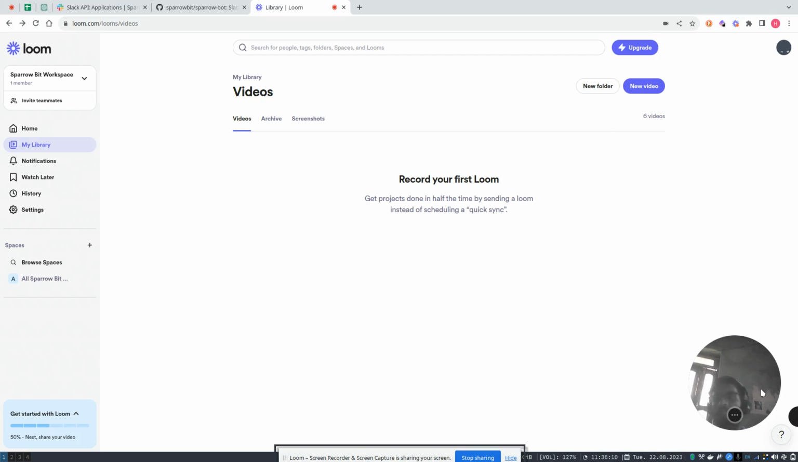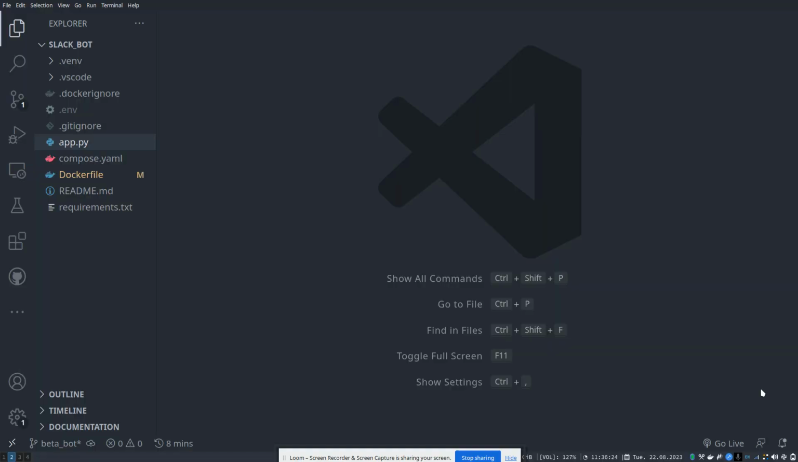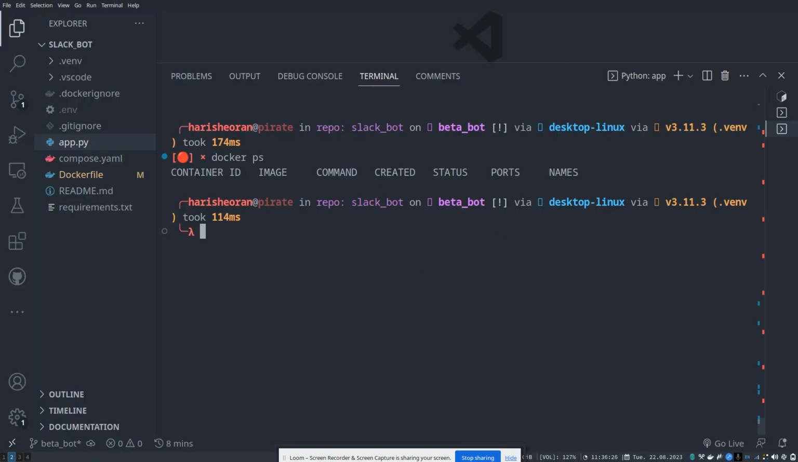Hello everyone. We are building a Slack bot. So far we have built a minimal bot, and it's a Docker container and image. Here is the demo. Let's build the